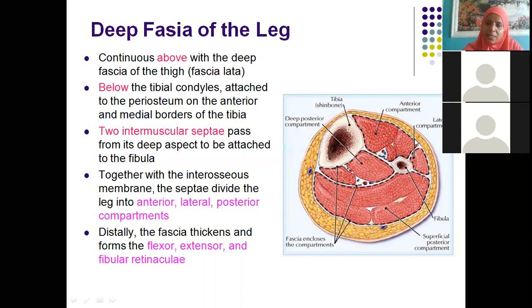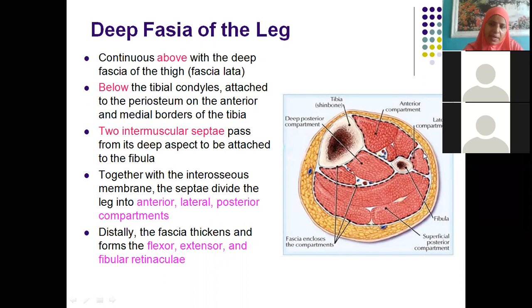Now, what are the various muscles we see in the anterior compartment? We see only three muscles. What are those? Do you remember? Tibialis anterior. Very good. Extensor digitorum longus and extensor hallucis longus. Very good. One more muscle will be there, that is not so much seen, that is peroneus tertius.